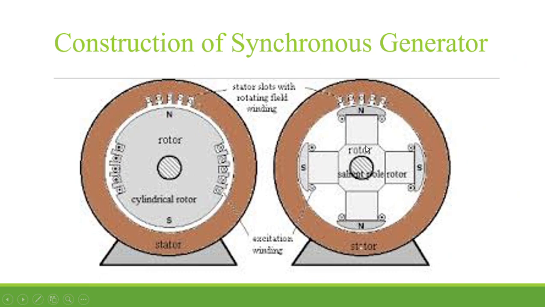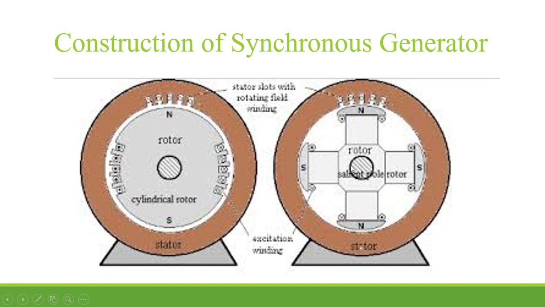Okay, so this is used for a slow speed machine and relatively small, having relatively small axial length. So the poles are made of thick laminated steel and they are attached together with the rotor. So see, this is how the arrangement of salient pole for a four pole machine. Okay, now for uniform flux there will be some damper windings connected. So you can study what damper winding is basically.